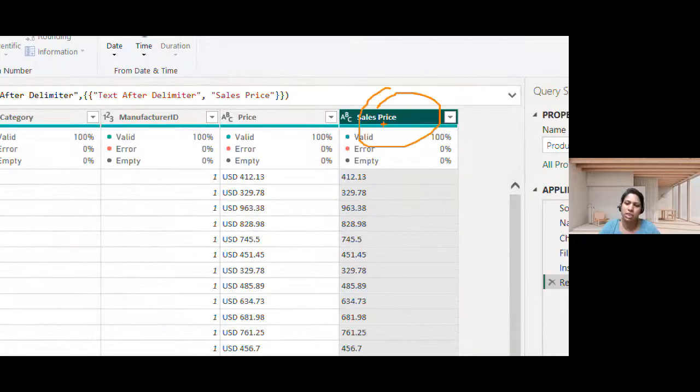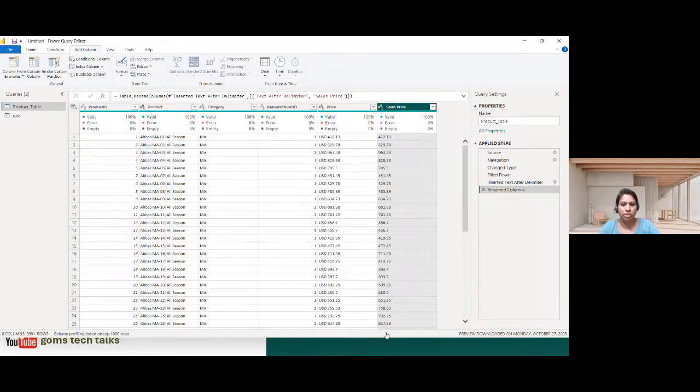Since we have created this particular column from a string, it is showing that it is also ABC. We have to change this from ABC to